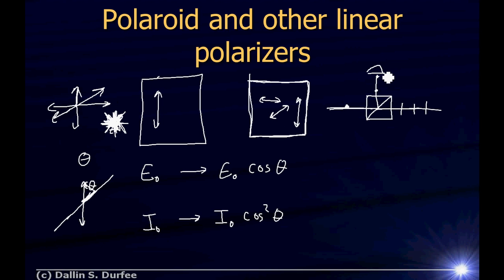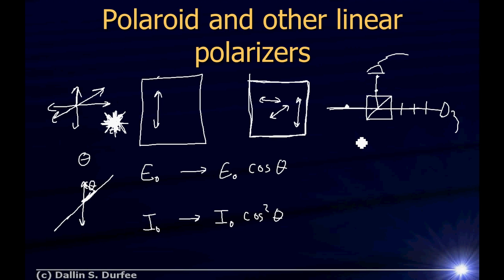So if I put a photodiode here and measure how much light comes through, and I put a photodiode here and measure how much light comes through, I ought to get equal amounts in both if I send in unpolarized light, right? But I have to conserve energy, so if they're each getting equal amounts, they must be getting half the intensity. So if I send unpolarized light through a linear polarizer, you should lose about half of your light. Well, exactly half of your light.